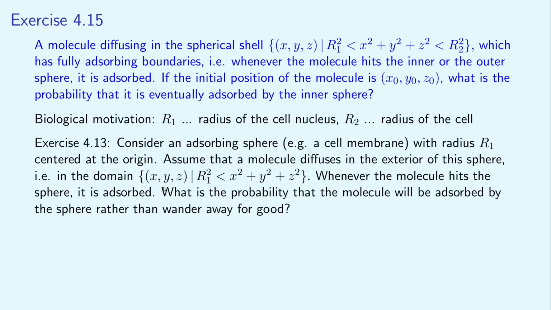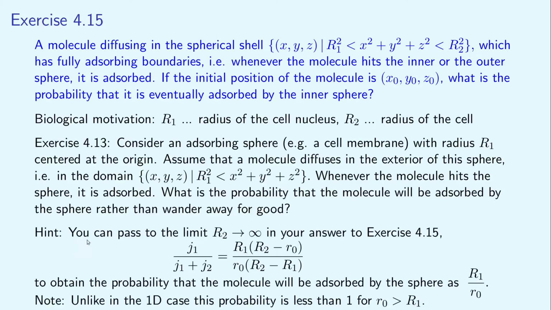And we are asking to find the probability that the molecule will be adsorbed by the sphere rather than wander away for good. To answer this question, you can pass to the limit r2 goes to infinity in your answer to exercise 4.15, and you will obtain